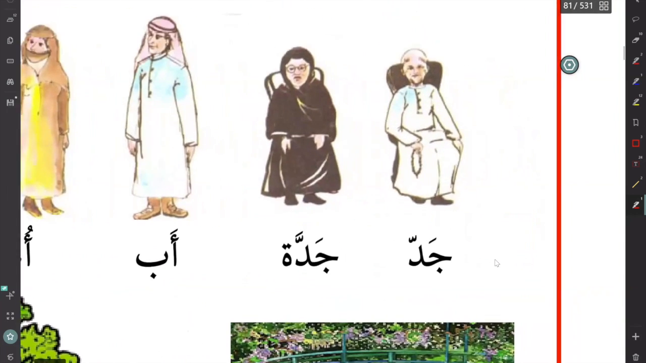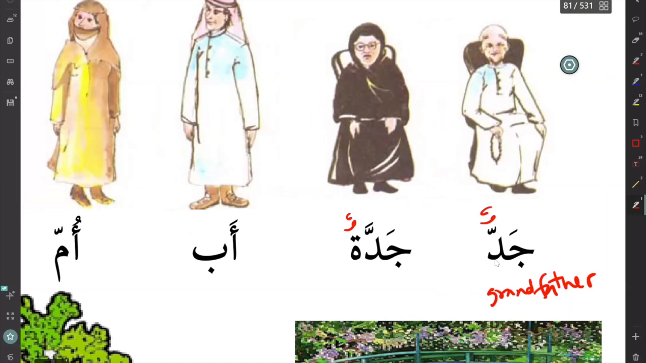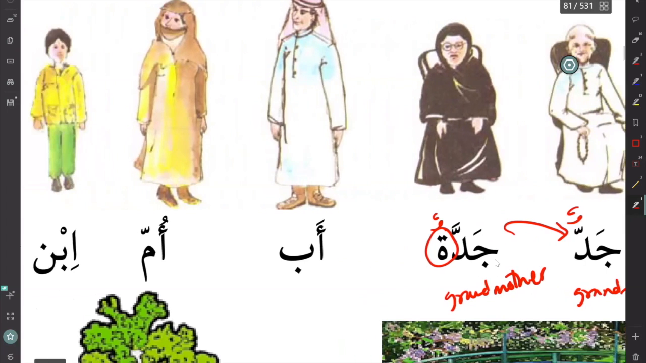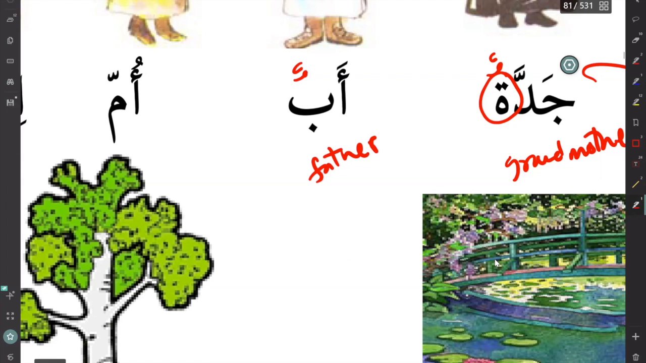So we have jad. Jaddun is grandfather, right? Jaddatun is grandmother. You can notice the ta marbuta, right? So basically this ta marbuta is making this word feminine. So when you make grandfather into feminine, we have grandmother. Pretty cool, right? Then we have ab. Abun is father. There's another word for father you can learn, walidun. Walidun,